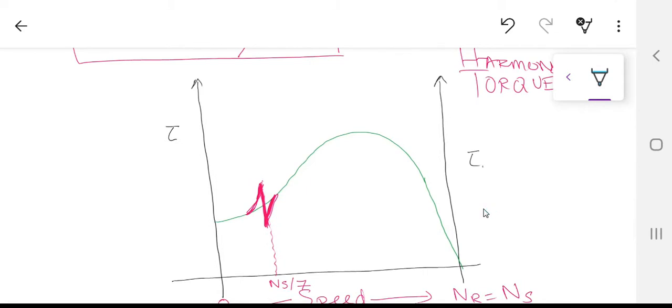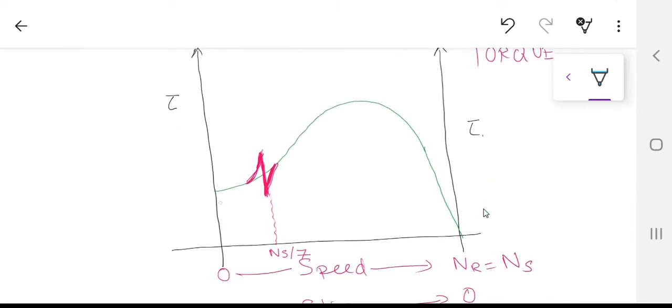Now what is a load line? I hope everyone has an idea up till now. A load line is the load parameter, and we wanted the machine to work at this point. Supposedly this was the load line curve, and this was that NR or whatever that value. But when the machine was speeding up, a point occurred at NS by 7. The machine does not go towards that full speed, because the load is still being provided by the harmonic synchronous torque, but at a smaller speed.